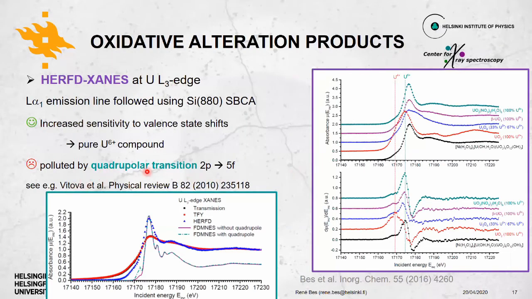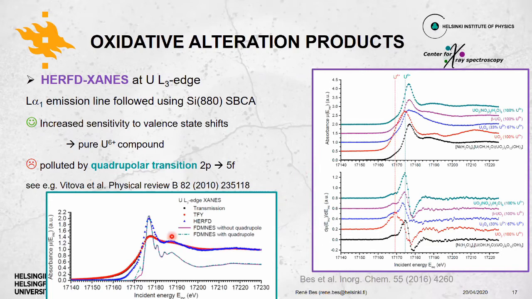You can take a look at the paper by Vitova on this topic, where they demonstrate that the quadrupolar transition actually affects the valence state evaluation a lot in the standard uranium L3-edge, and it's also problematic in the case of uranium 4+, 5+ determination using